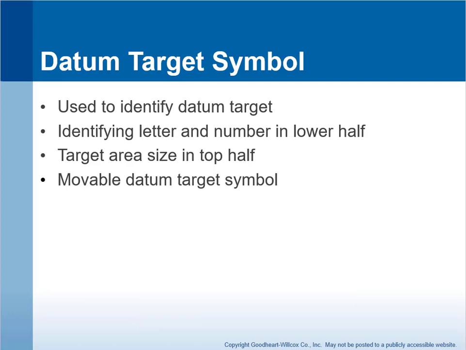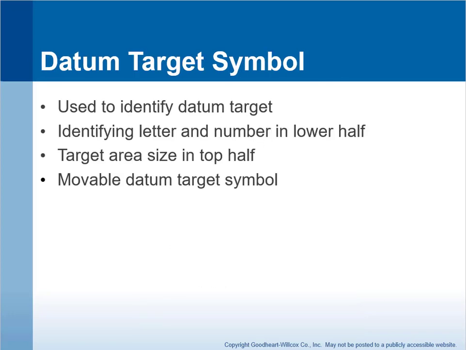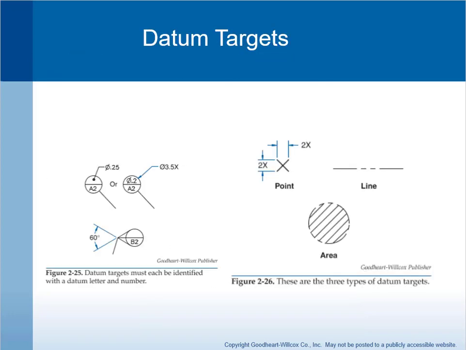Now I want to talk about target symbols. Again, this is an introduction. We're going to talk about targets and how to use datum targets throughout this course. It's used to identify a datum target. Okay, in the last we had datum features here. Over here we're going to talk about datum targets. And then here's how a datum target is applied. There's three kinds. There is a point, a line, and an area. And then we use a circle,